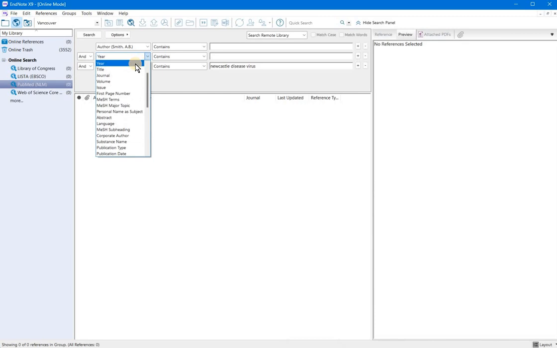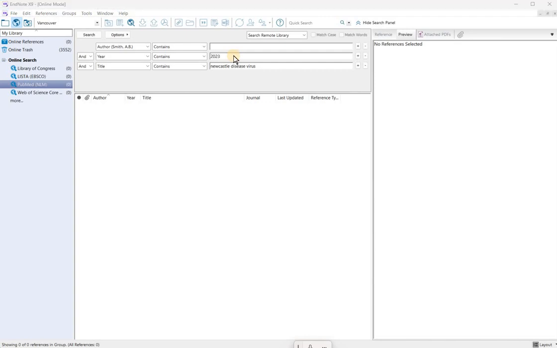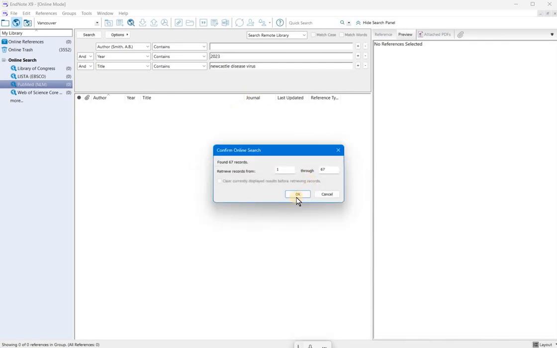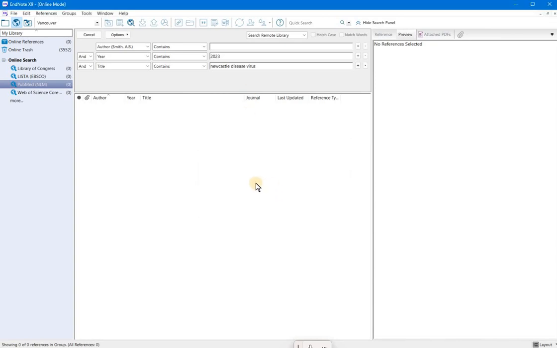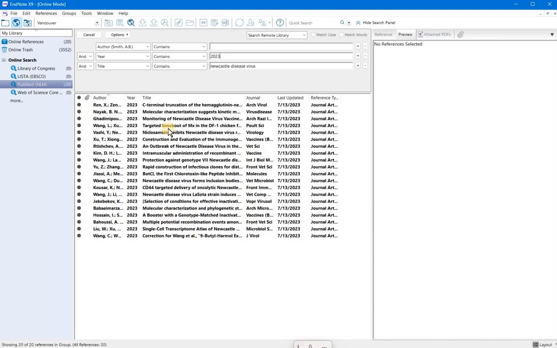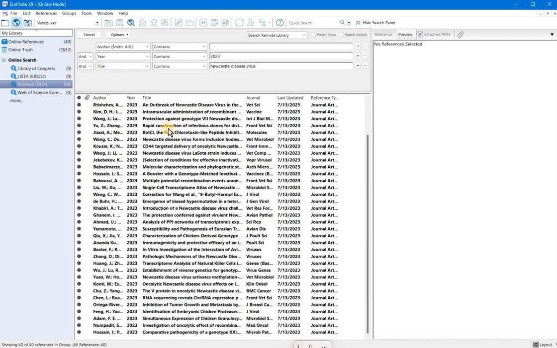Then, secondly, I'm interested to search the data only from 2023, and for that I will click on it. And then you can see that there are 67 articles present in PubMed about the Newcastle disease virus. I'm selecting OK. After selection, you can see now the data, or the references, will be downloaded in